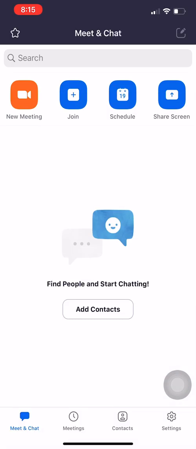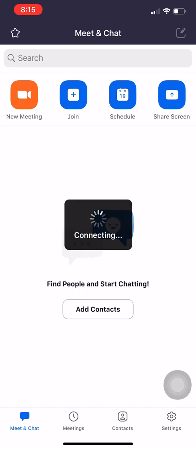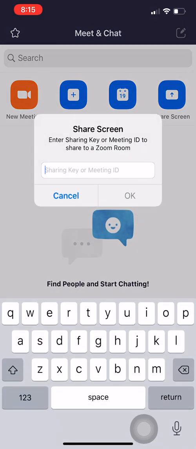And then you save, add, and your meeting has been created, okay? Next thing, very important, is the share screen button. So I'm not logged into a meeting right now, so it's not going to pop up anything. But if you would like to share your screen while you are in a meeting, that's the button that you want to click. That means that you're trying to show something that you need the rest of the participants to